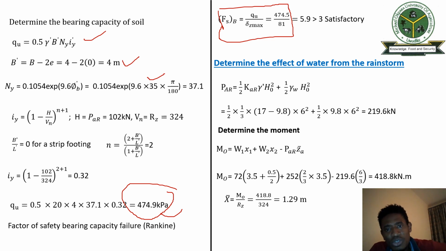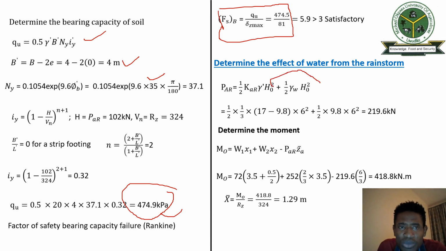If the water from the storm becomes so high that the drainage system of the wall becomes clogged, what will happen is that it will no longer be only soil adding pressure to the wall, but the water is also going to add hydrostatic pressure,